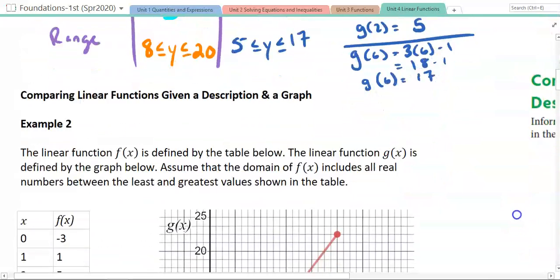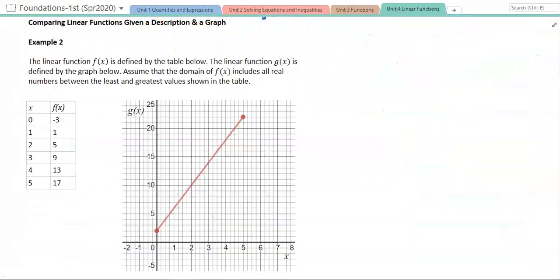All right, so let's look at another example here. In this problem, we're going to compare the description, in this case in a table, to a graph. And so the linear function f of x is defined in the table below, and the linear function g of x is defined by the graph below. Assume that the domain of f of x includes all the real numbers between the least and greatest values shown in the table. And then for g of x, we see the graph, and so we can talk about the